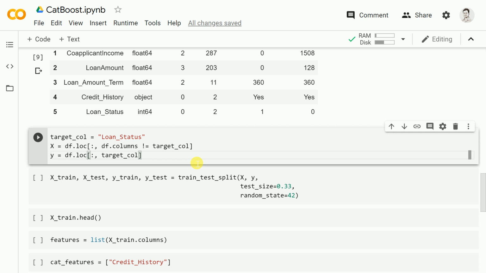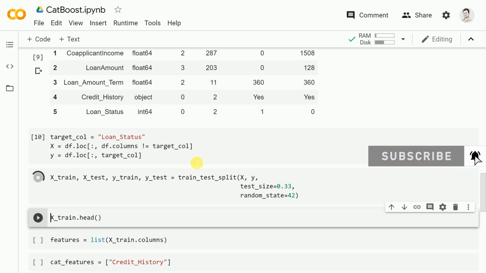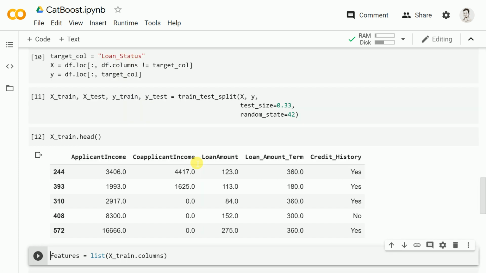The next step in model building is to separate out X and Y. By now you would have a clear idea in terms of what our features are and what the target variable is. So essentially our target variable is the loan_status column. So I'll run the cell to separate out X and Y. The next thing that I do is separate the X and Y into training and testing datasets, where 67% of the data is used for training and 33% of my data is used for testing purposes. Now, if I visualize the first 5 rows of my training dataset, this is what I observe. This is specifically for the X train.